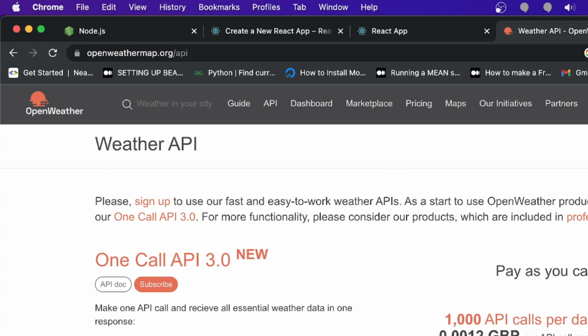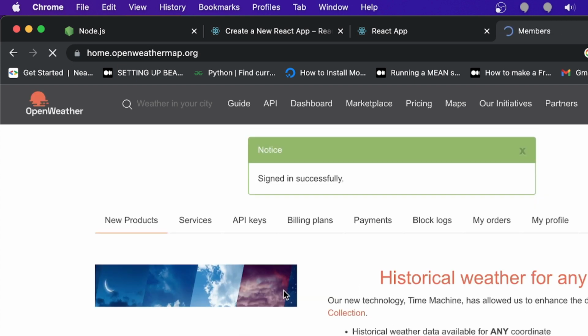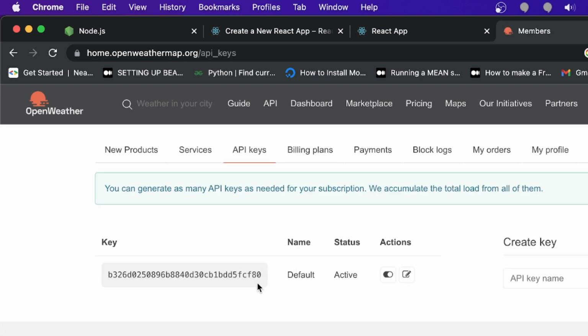I need to be signed in to get the API, and I already have an account on this website, so I am going to log in directly. They need an API key. They are providing the data in JSON format, and everything I am going to learn to create this application is on this website. If you go to the documentation,